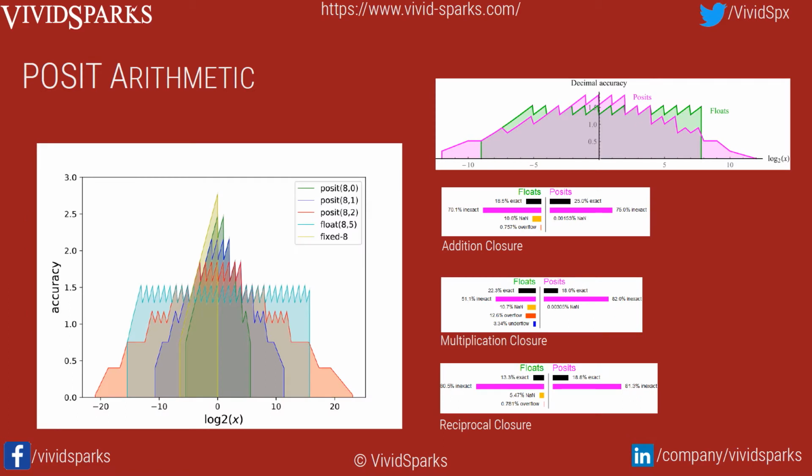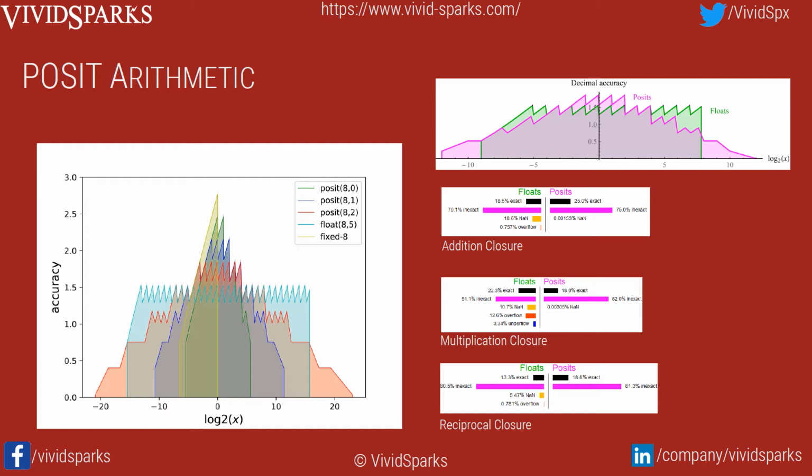POSIT arithmetic, or POSIT computing, has better closure results compared to any arithmetic computation, such as addition, multiplication, or reciprocal, exponential, inverse square, and so forth. As an example here, I have plotted